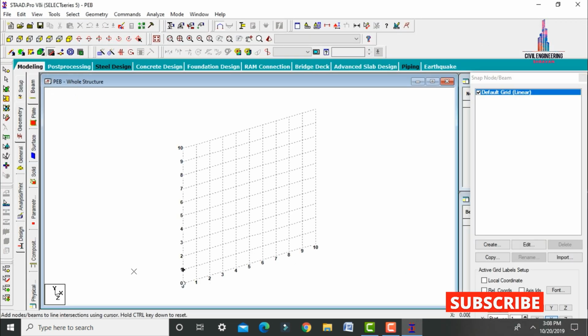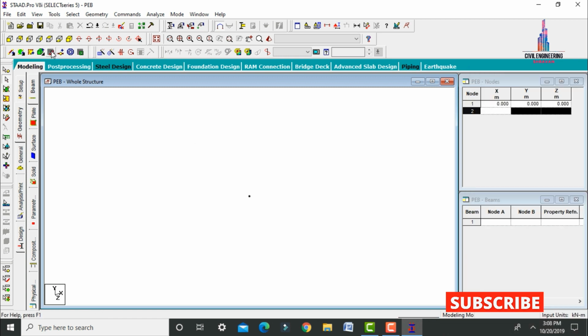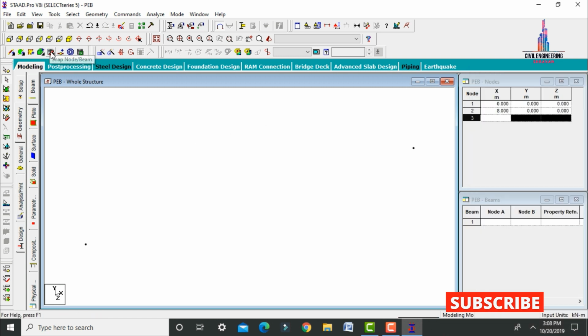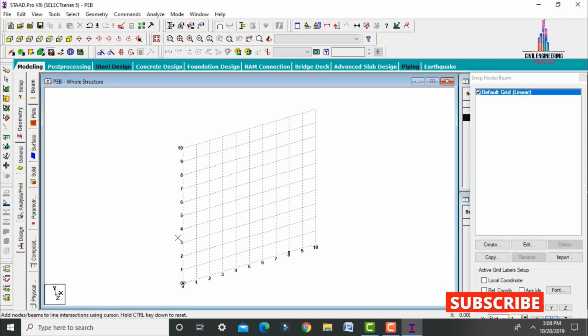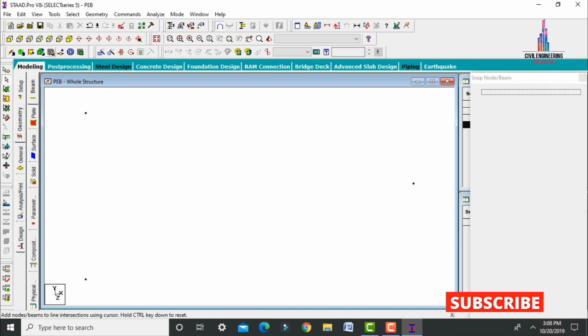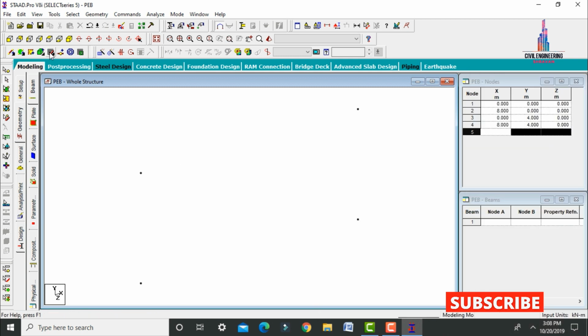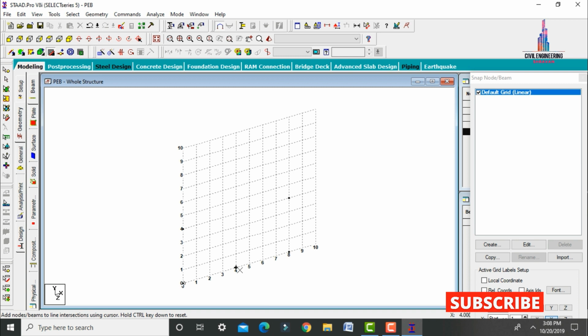Initially I am creating an 8 meter length pre-engineering building. Select the first node point here. Again I am selecting these grid lines, with snap node grid. Now I am selecting 8 meter. After that we have to select the center points. Click on snap node beam here. Here I am selecting at a distance of 4 meter in the Y direction. Again I am selecting one more node point at a distance of one more 4 meter. In the same way, I am creating one more node point at a distance of 4 meter from the X direction, and we have to connect the 5 meter distance.